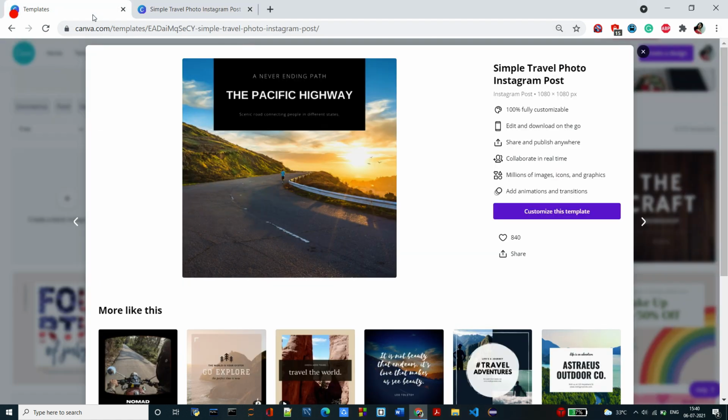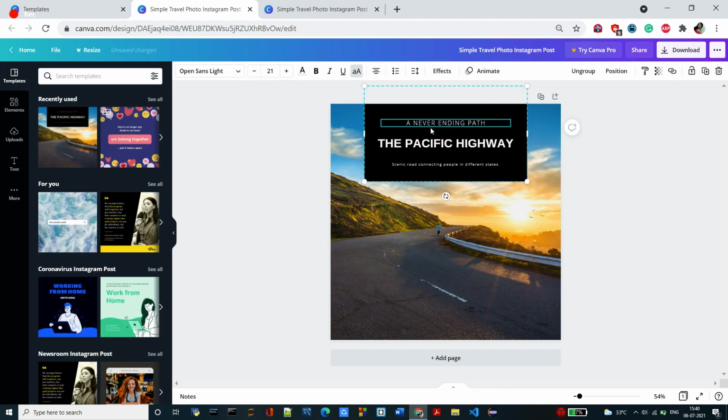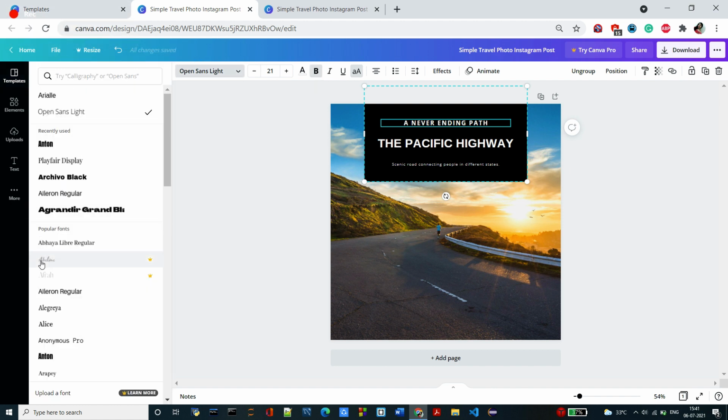Wait a second, just so I was using this template. I'll choose this one. Now if I want to change this text, let's say we want to make it bold, so we will click that bold. So you can see here, these are the font styles. You can choose any of the above, like this one or this one, so the text will be displayed in that format. Let's say I just chose this one, or let's say this one. So the font is being replaced by that font.